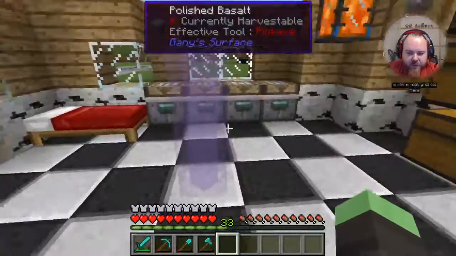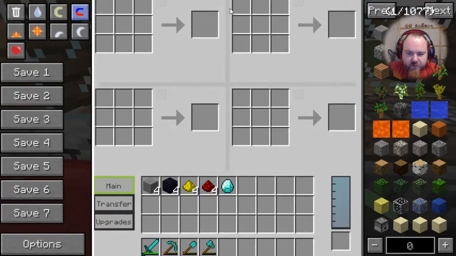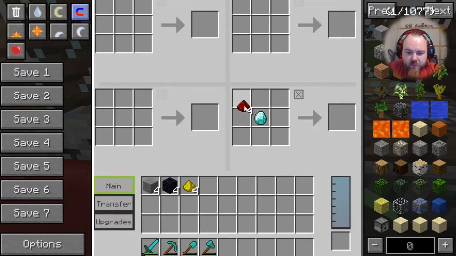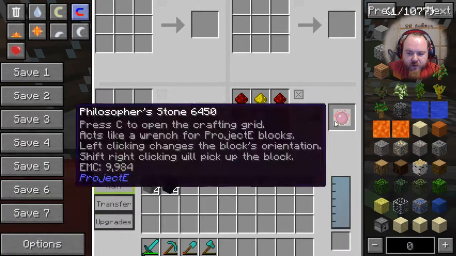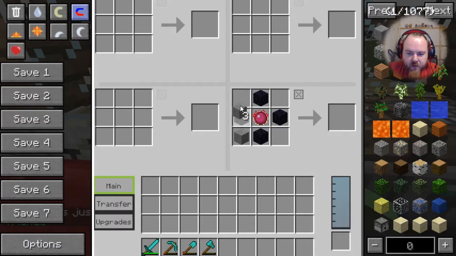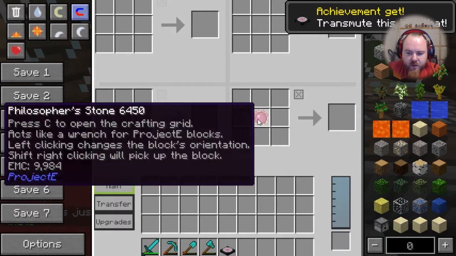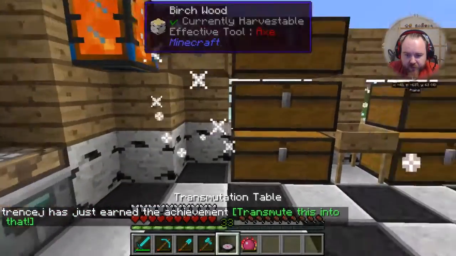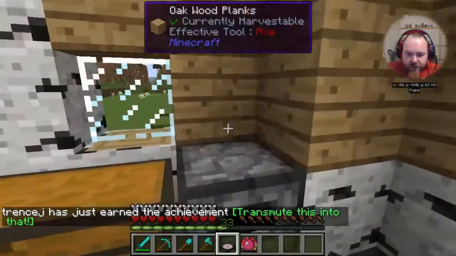But what we're going to do is I've moved over to my bigger main mod pack because it has a certain mod in it which is going to come in very handy indeed. I've done it wrong. But this is Project E, which is a newer version of Equivalent Exchange,